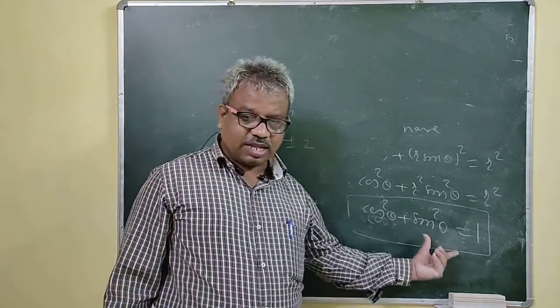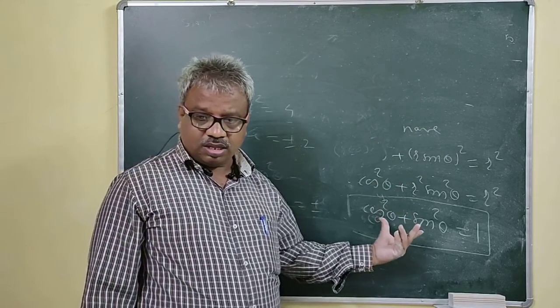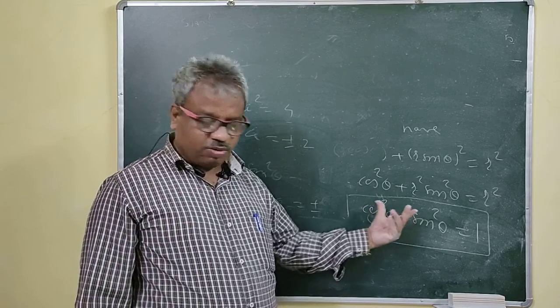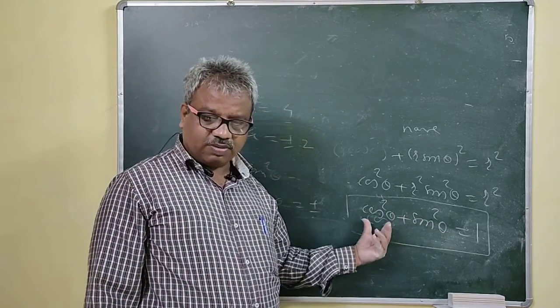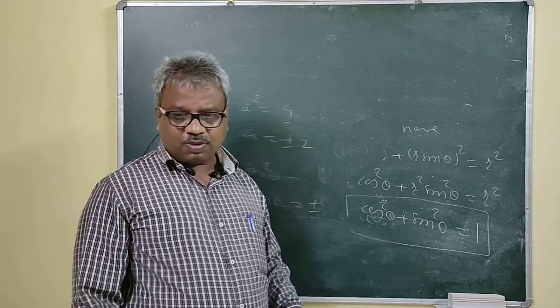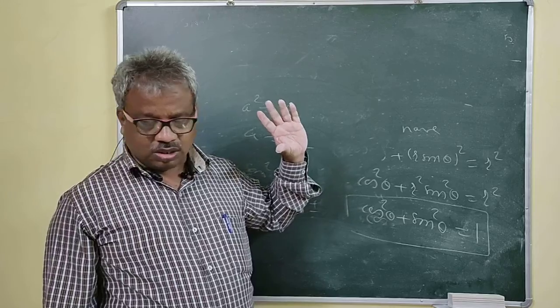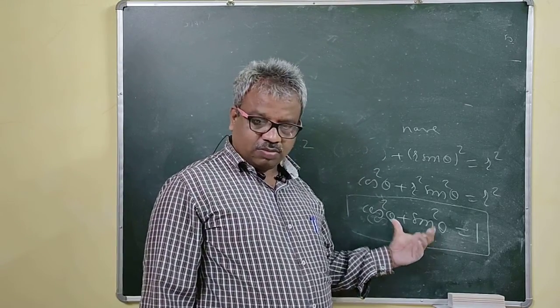That means once we get sin theta and cos theta, all the rest of the 4 trigonometric ratios depend on sin and cos only, right? If you have the value of cos, you can find the value of sin. If you have the value of sin, you can find the value of cos. And with the help of sin and cos, you can find the rest of the 4 trigonometric ratios. So this is a fundamental identity. This is very helpful for us.